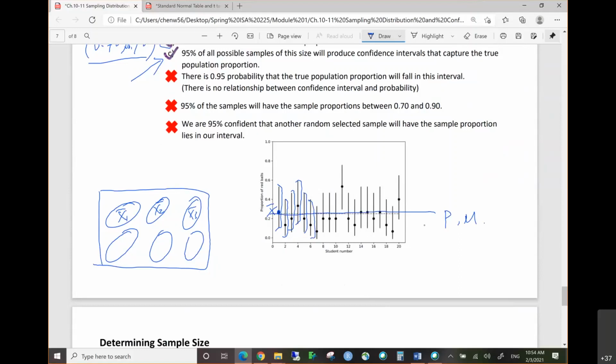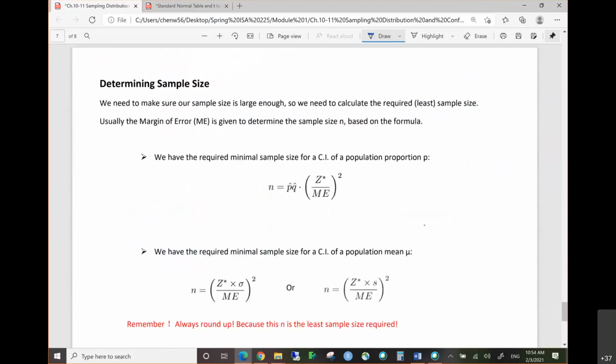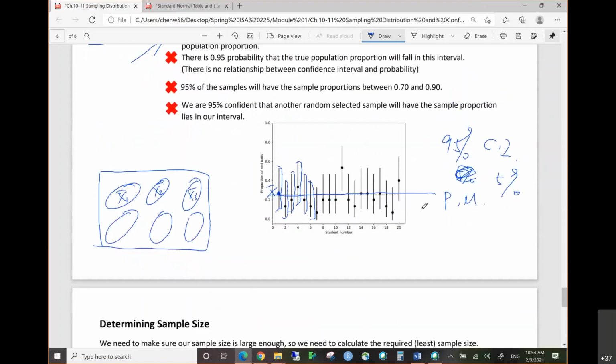95% of these confidence intervals will cover the true population parameter, either the population proportion or the population mean. If it is a 95% confidence interval, then another 5% of the samples will generate a confidence interval that does not cover the true population mean or the true population proportion. For example, in this picture, you will see that